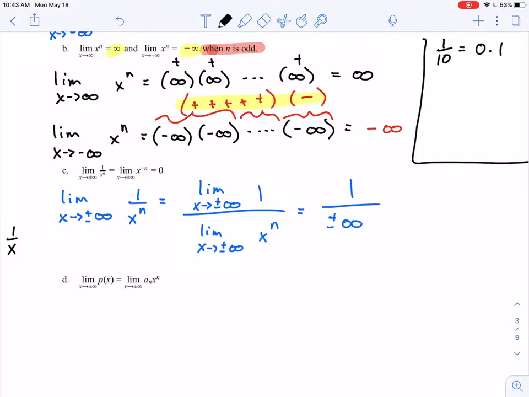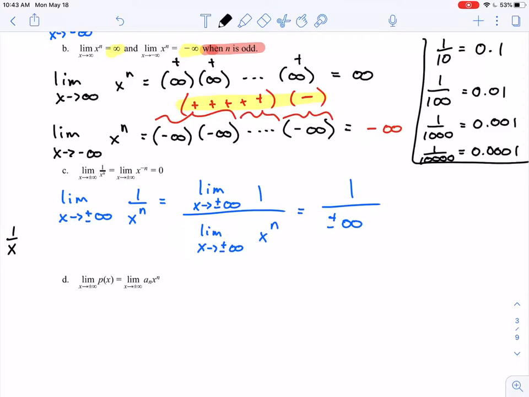This is 0.1. 1 divided by 100, this is going to be 0.01. 1 divided by 1,000, this is 0.001, and so on, right? Hopefully we're starting to see the pattern here. 1 divided by 10,000,